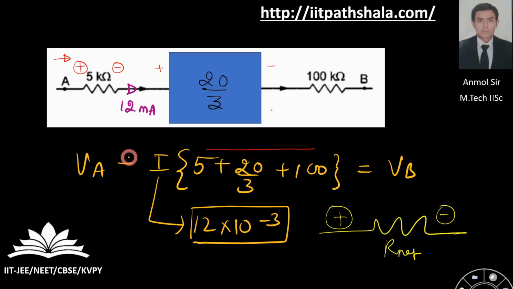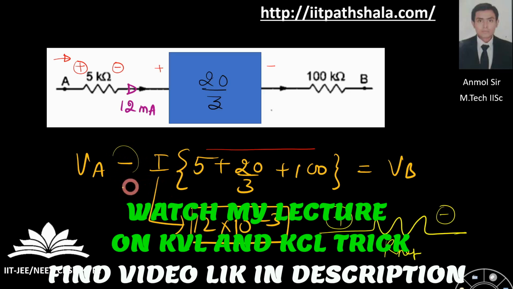So what I can do is multiply -1 in my KVL equation. So what I've done is multiplied my -1. Please watch my video on KVL and KCL tutorial, and then you can figure out how I landed up with this equation equal to VB, because I'm terminating at VB. Just by applying this equation, figure out the potential difference between VA and VB.